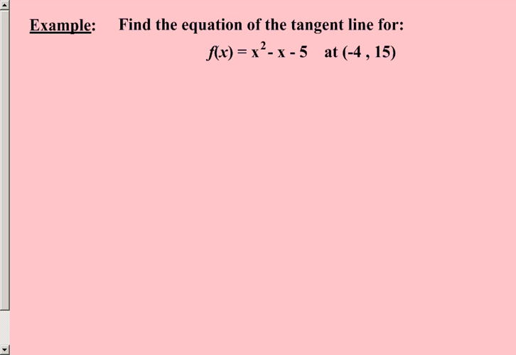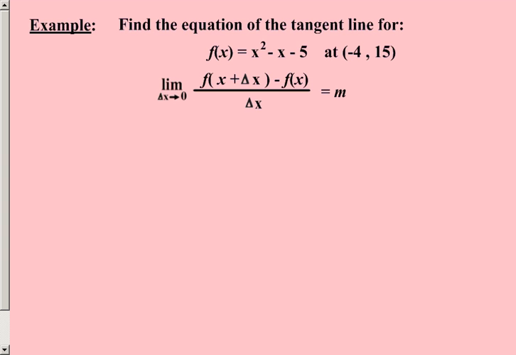Okay, take a look at one more. Find the equation of the tangent line for f of x equals x squared minus x minus 5, evaluated at (-4, 15). Okay. Now, once again, we're going to use the definition of the tangent line. So I would write that formula down until we get that thing absolutely perfect, which will probably be never. But anyway, write it down so we can have all the information in one place at one time,